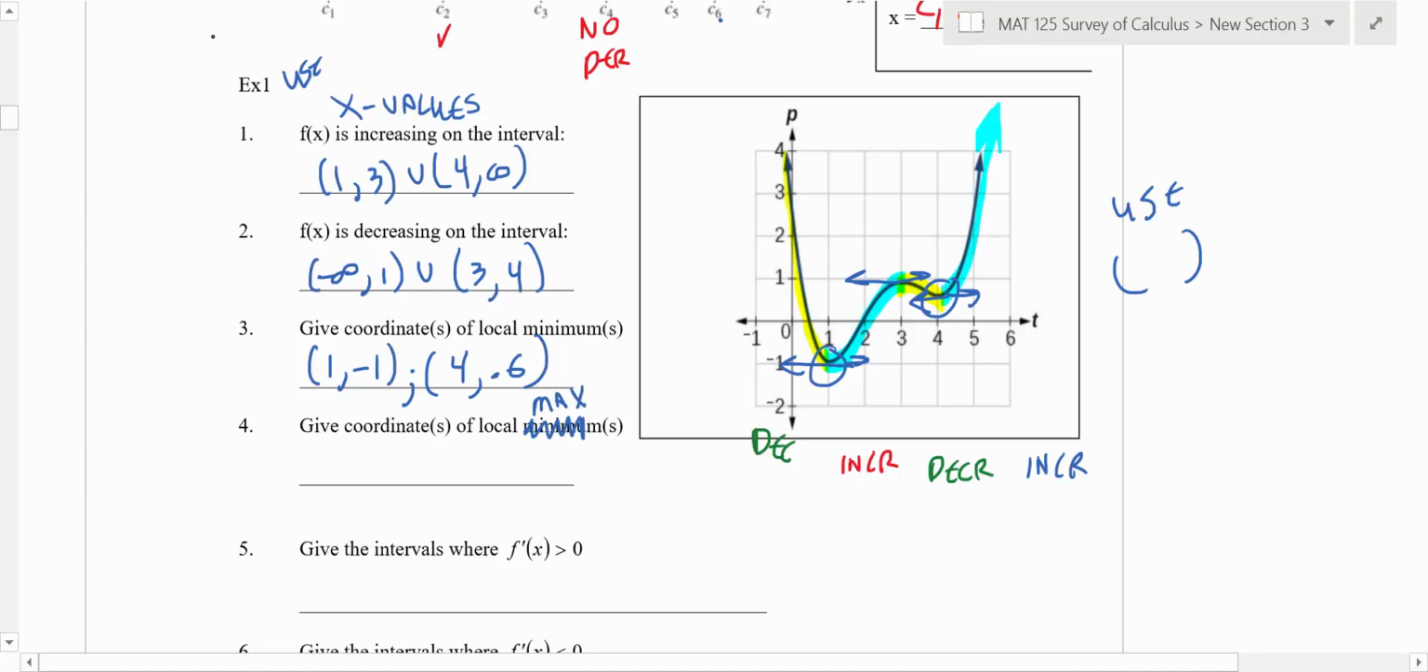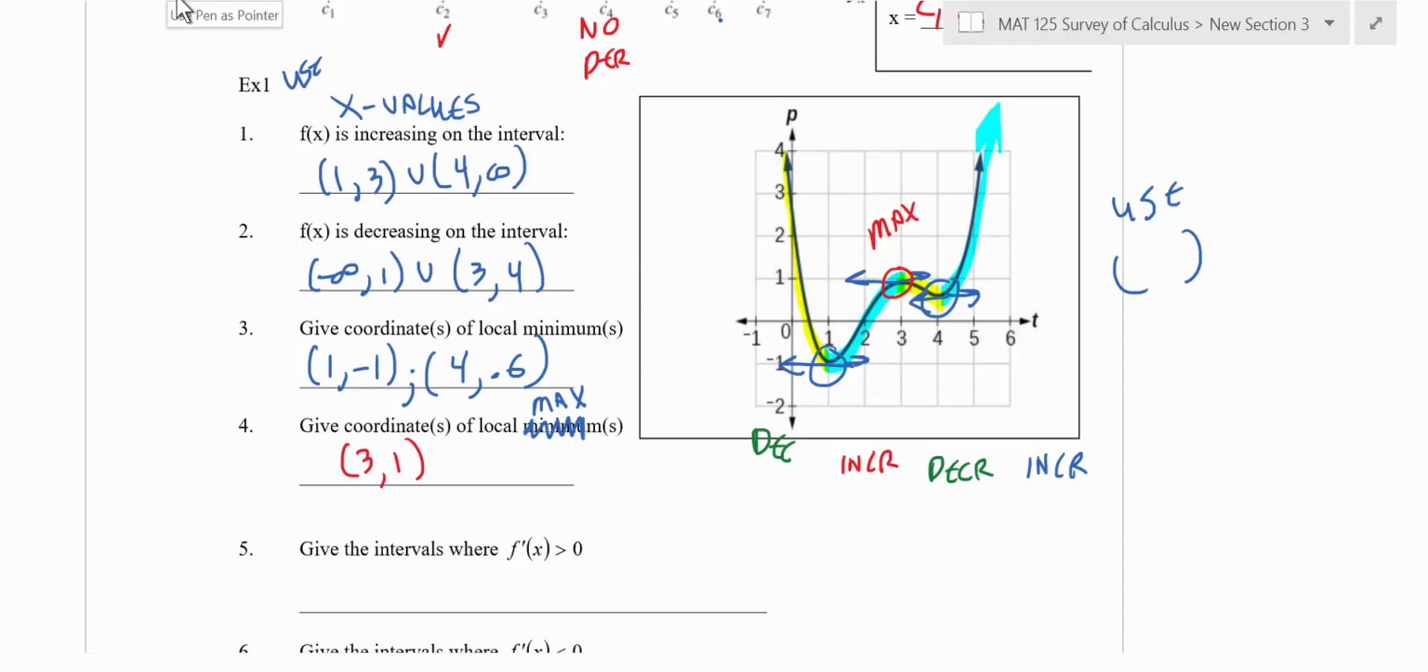So do you have a local maximum? Yeah, at (3, 1). Okay, all right, so that would be your max right there. So you have a local max at (3, 1), that's it. Okay? Now, the next thing you want to kind of look at is, okay, where is the derivative greater than